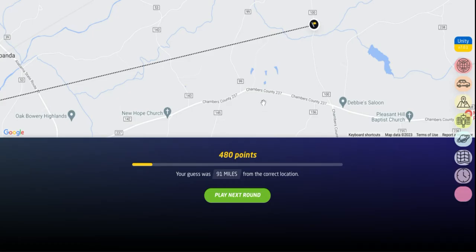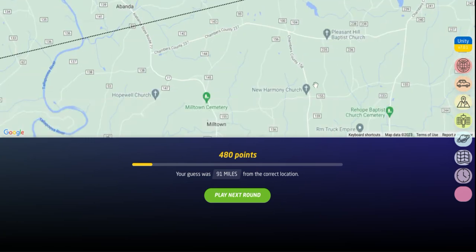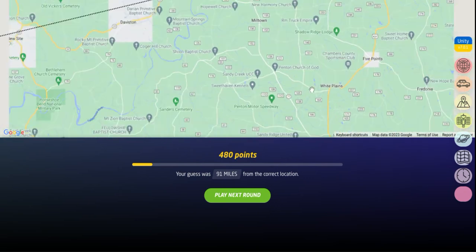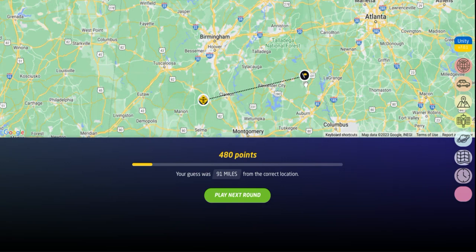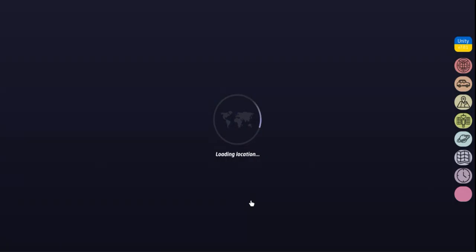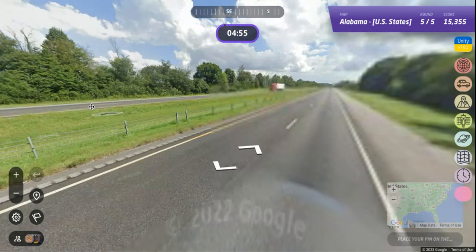Wow, so I was coming down here. Whoop, didn't want to do that. Chambers County. So, would I have run into anything? No. Could have been there all day, and that's kind of what you get. Almost the right latitude, so I'm pretty happy about that. 480 points, not good. We'll move on to the next round, and we're going to get, I wouldn't say easy,